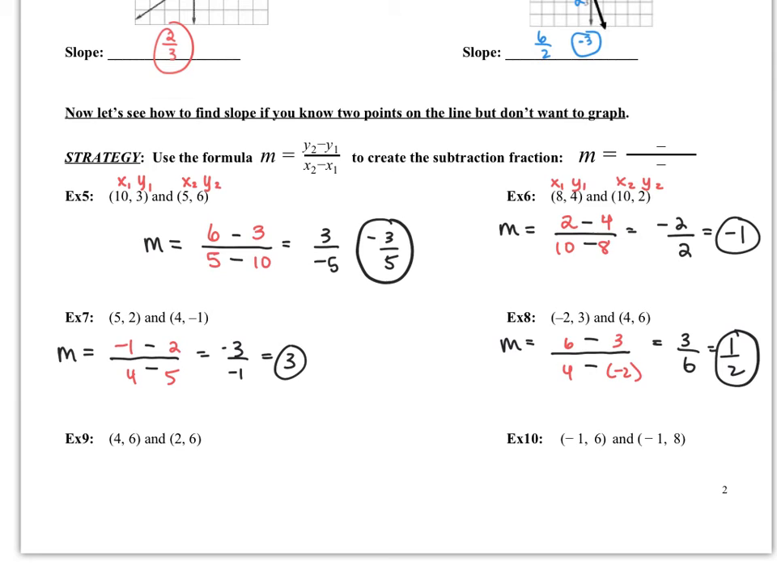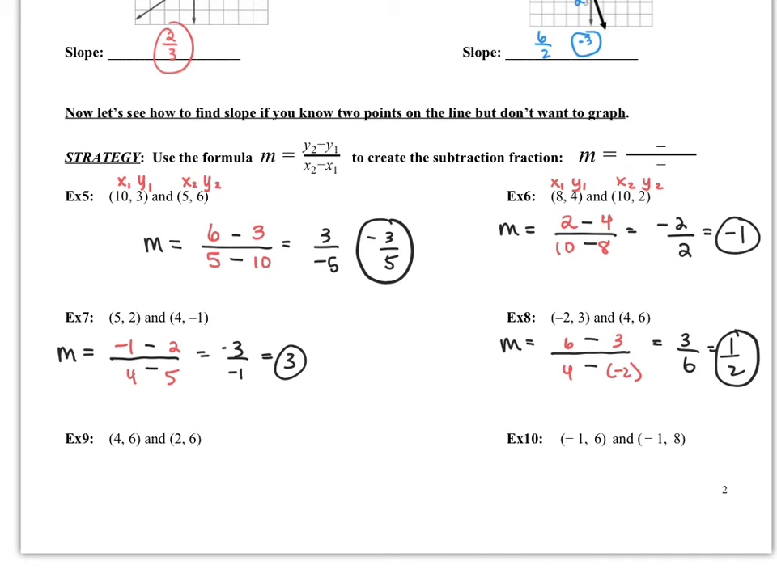So in example 7, I've got -1 minus 2, which would be -3, 4 minus 5, which is -1. A negative and a negative will divide to a positive for a slope of 3. Here I've got 6 minus 3, which is 3, 4 minus, and then x2 is -2. So notice that just because this is minus, this number can still be negative. And then to do minus a negative, I add, so I would get 6, and 3 over 6 would reduce to